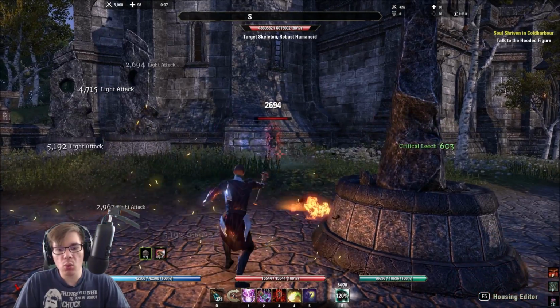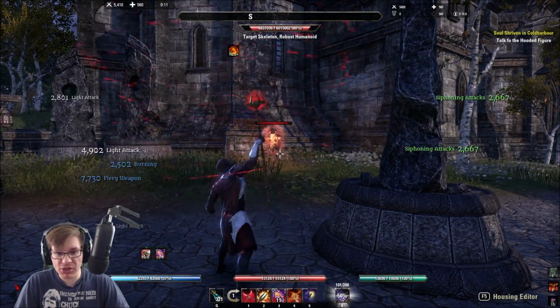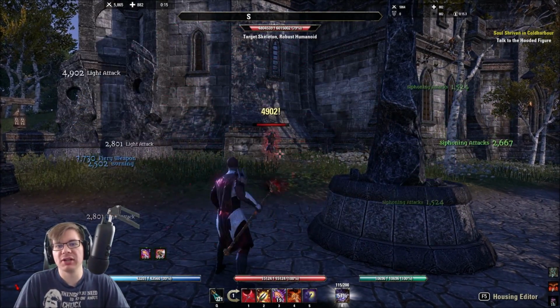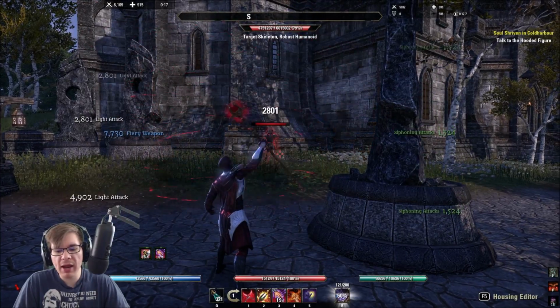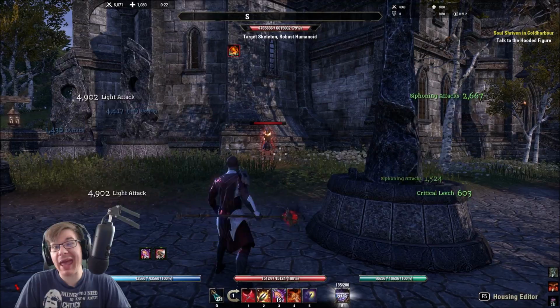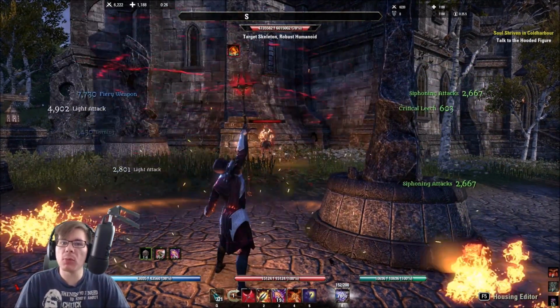So again, with this setup, I did swap over to the Flame enchant with Infuse, because remember, since I'm guaranteed to apply Concussed every 2 seconds already, there's no benefit for me running Charged, because it's going to apply to my Burning and my Concussed. So I'm going to get the best of both worlds while getting a little bit more extra damage out of